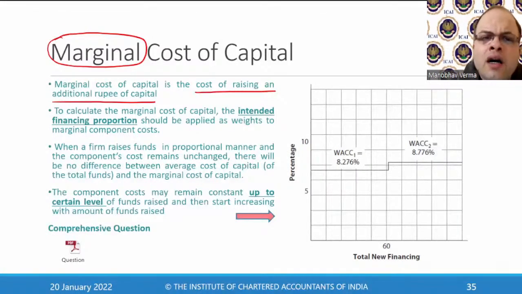So we're looking at the cost of raising an additional rupee of capital, friends. So don't you relate this to, if I want to expand,